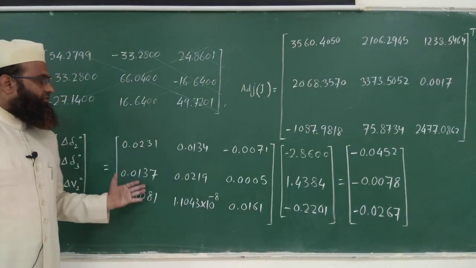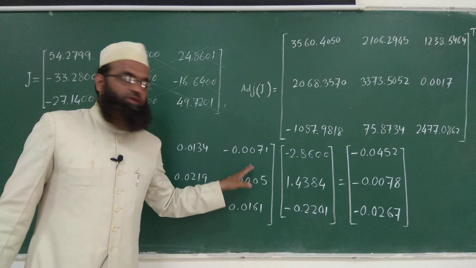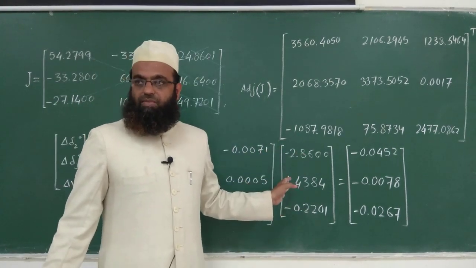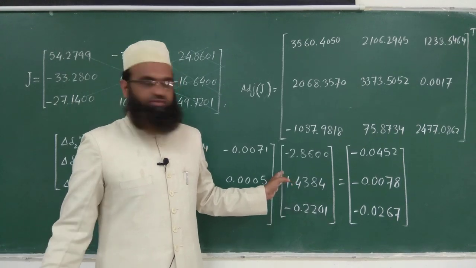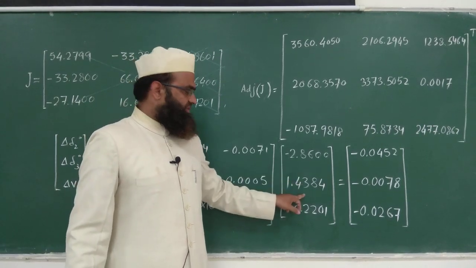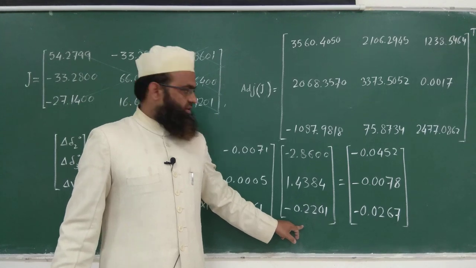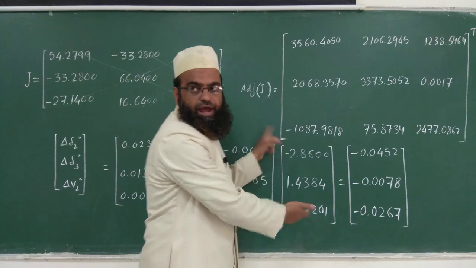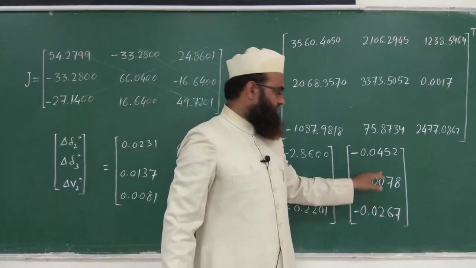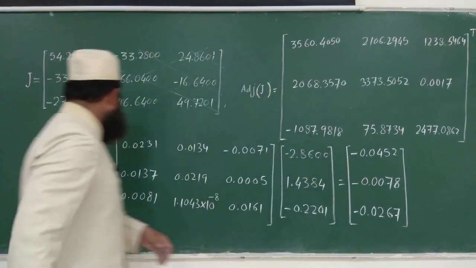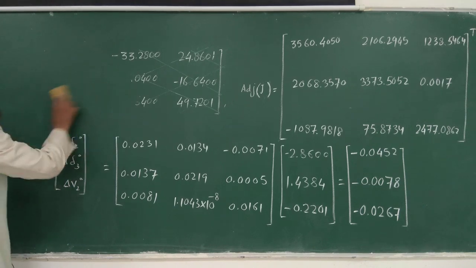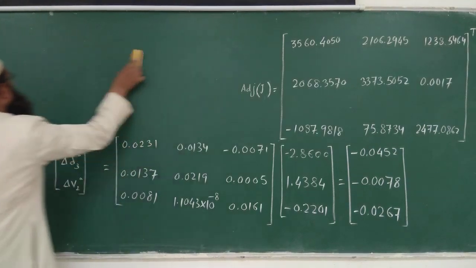These are the values of the elements of the inverse of the Jacobian matrix, and these are the power mismatch values calculated by substituting the initial values of the variables del P20, del P30 and del Q20, isn't it? So take this row, multiply with this column, you know it, add it, so you are getting this, similarly this and this. So these are the values of del delta 20, del delta 30 and del V20. Now you are able to get your updated values of the variables at the end of first iteration.